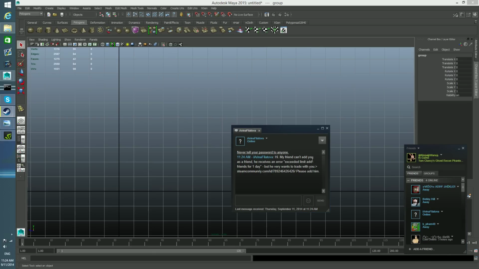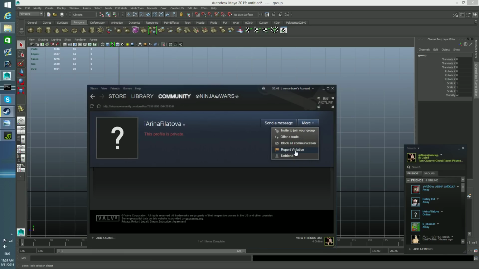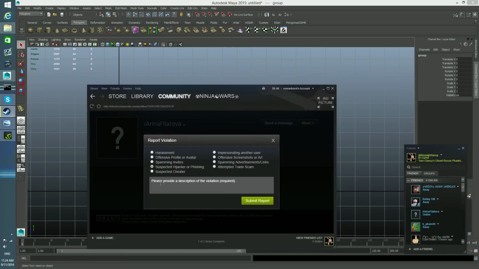Hi, my friend can't add you as a friend. He receives an error, exceeded limit to add friends one day, but he very wants to trade with you. So he wants to trade with me, but this fake link, you can see here the end, instead of being Steam community, it's Steam community. Okay, so this is a phishing website or something, and those are phishing bots. So just to be on the safe side, you're going to go over report violation, suspect hijackers, and